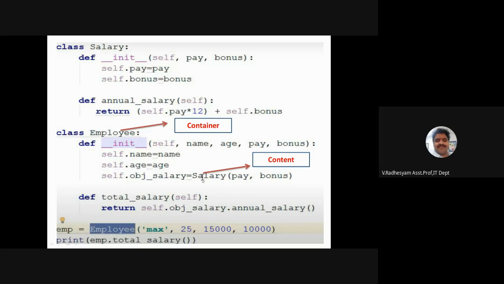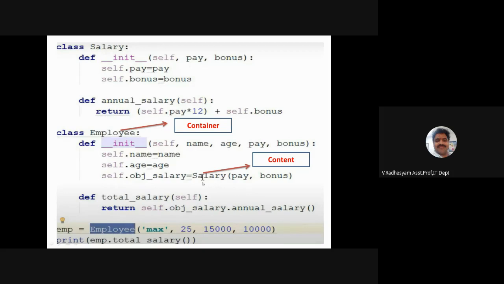Instead of passing this Salary to the Employee class, we are passing it to the object. Fine. So there is no inheritance relation, but you can use whatever methods you want from this Salary class, that is, methods or attributes like pay and bonus.